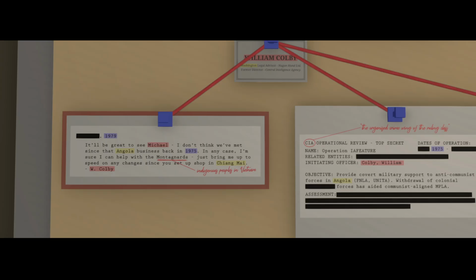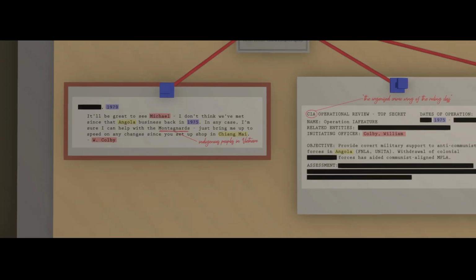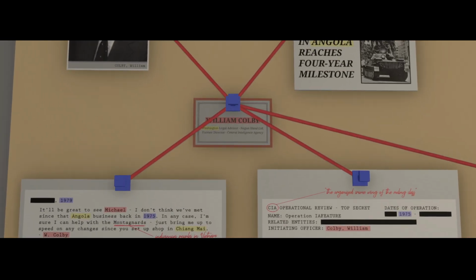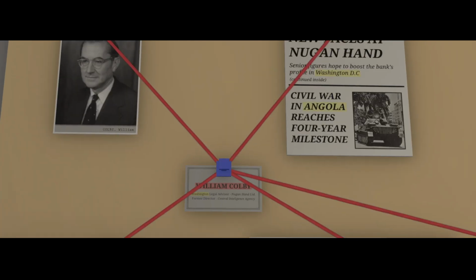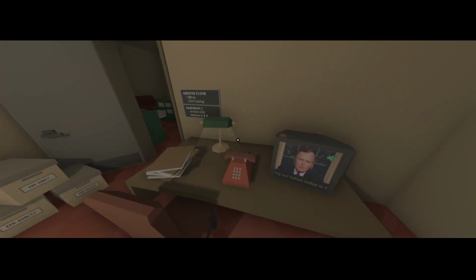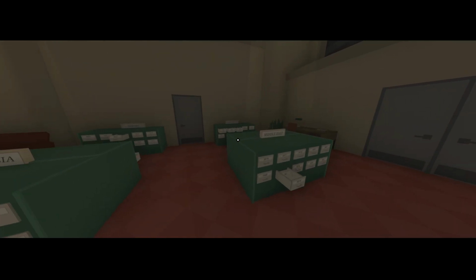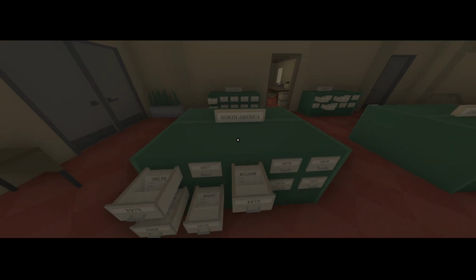We've already checked. Okay, so what? The organized crime wing of the ruling day? 1975. Do we check 1975? We have to have checked 1975 Washington yet.